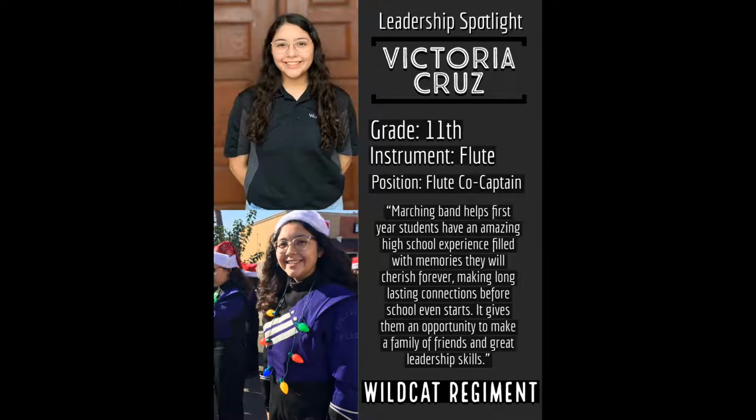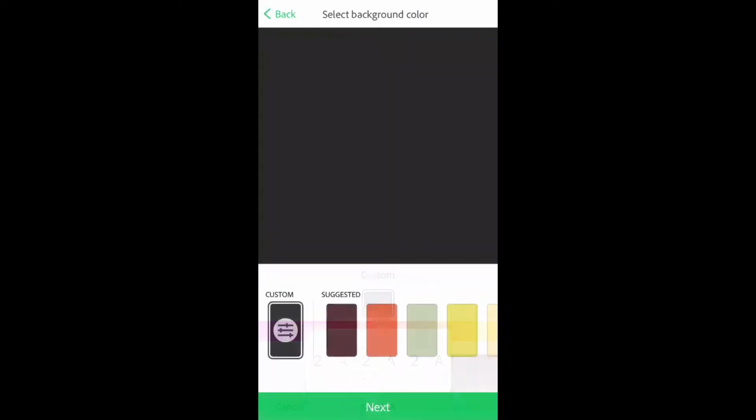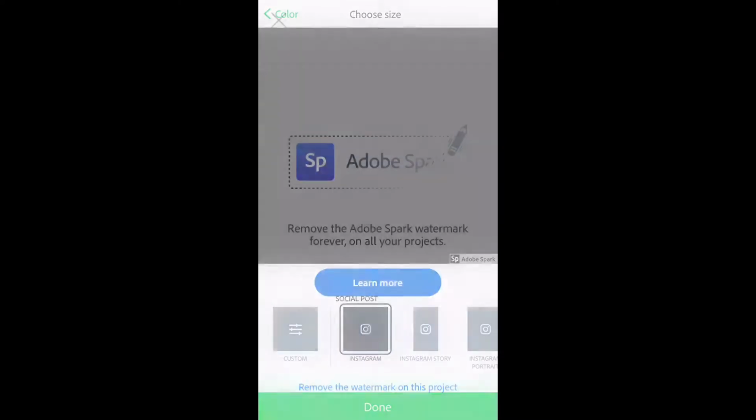For this leadership spotlight, I did use the 2020 officers. For example, Victoria Cruz, she's the flute captain. And to start off, I would like to start with a 2A. What I mean by this code is that's the color that you're going to be putting as your background